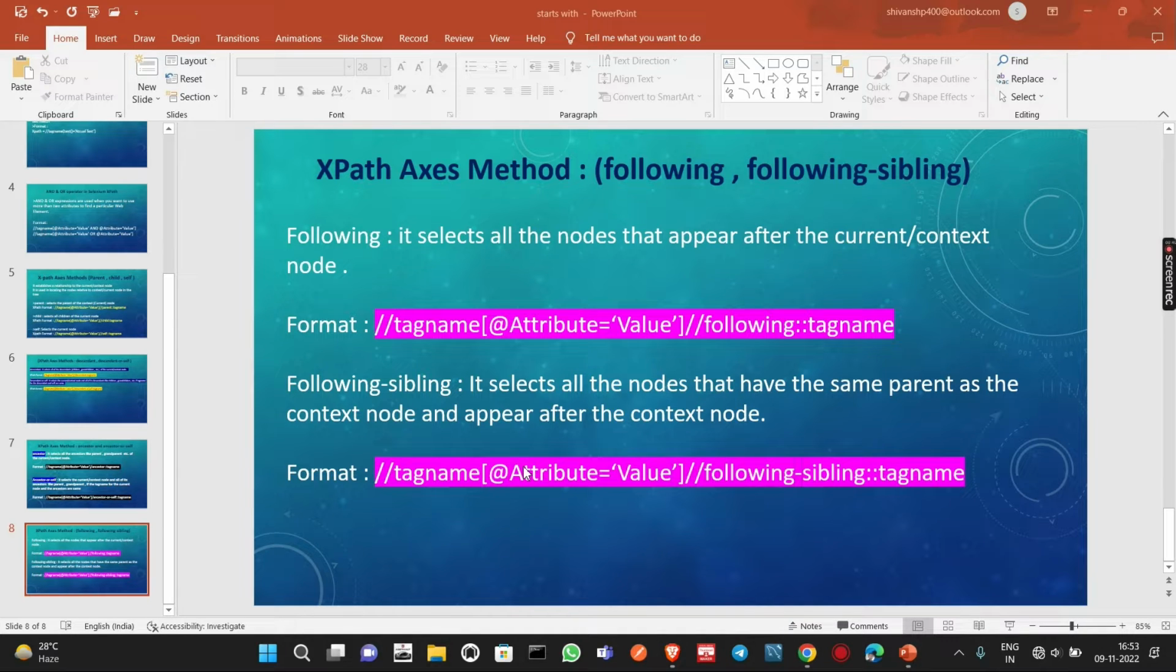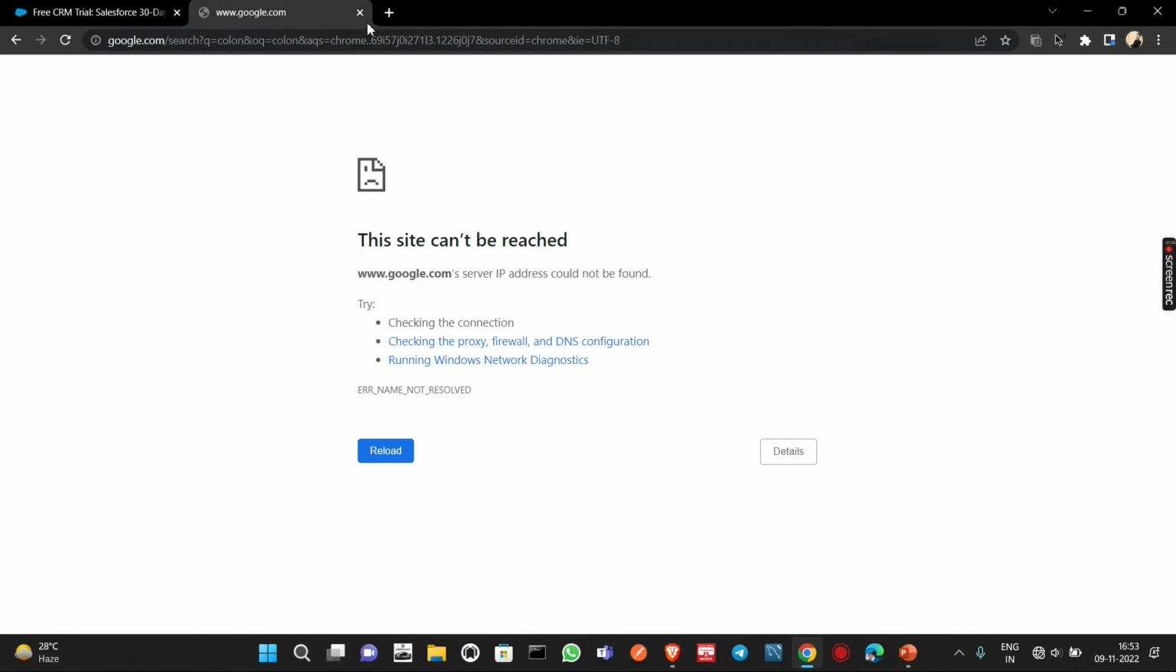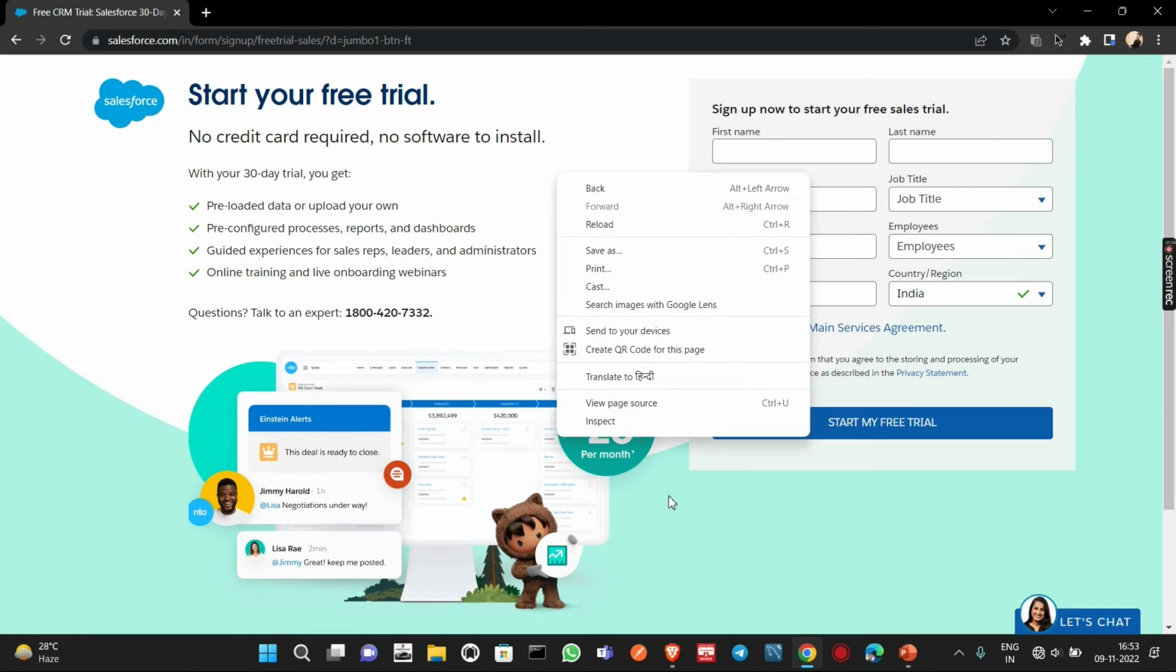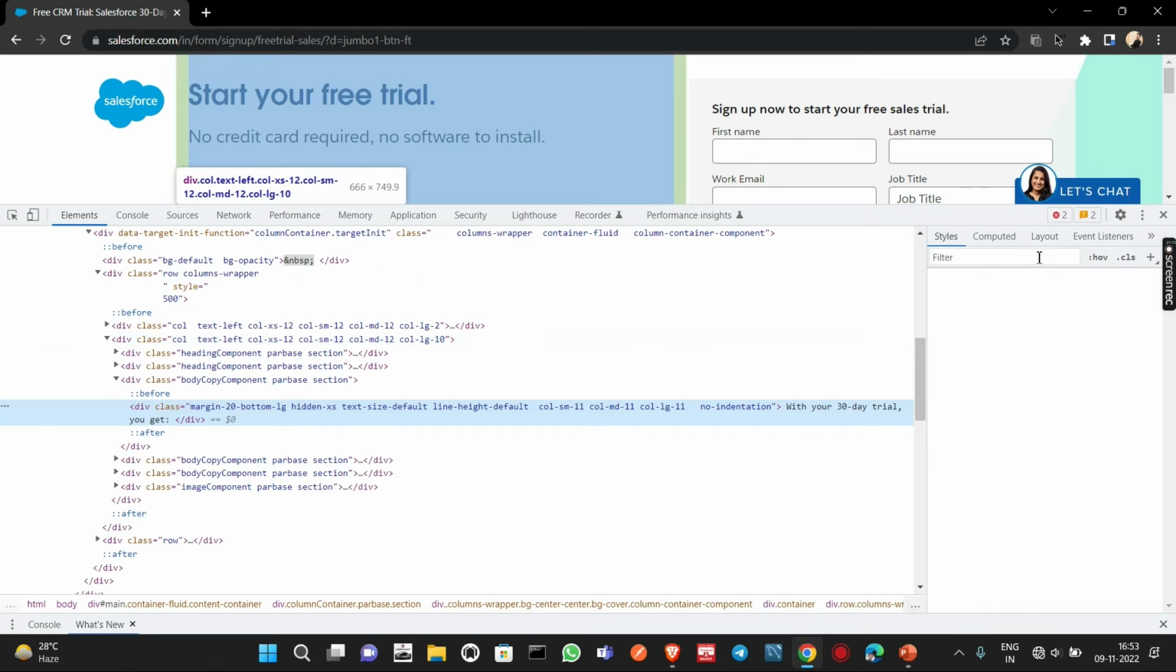So let us show you a real life example of this on a website. Then only you'll be able to understand it very clearly. So let's move on to the website. This is the Salesforce developer.salesforce.com, the start my free trial page. So, inspecting this particular web page,